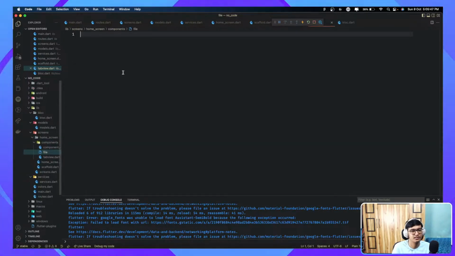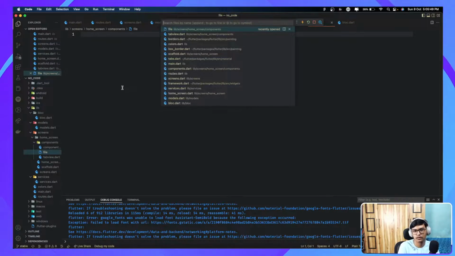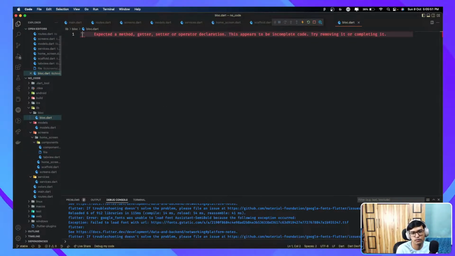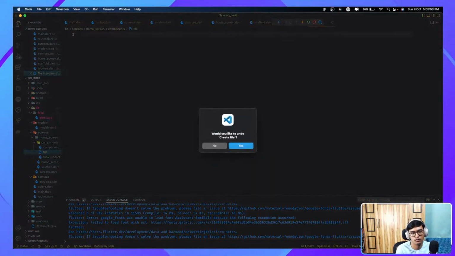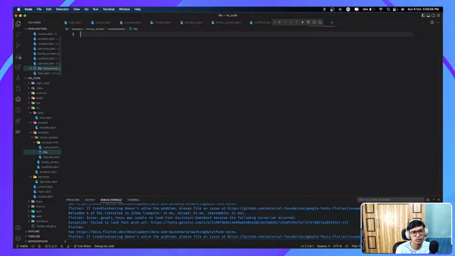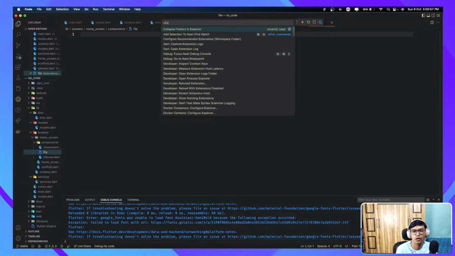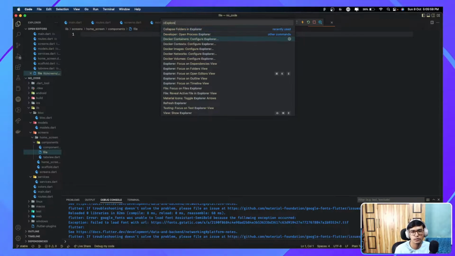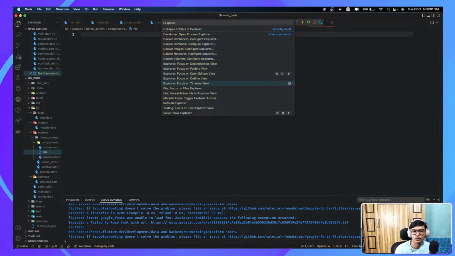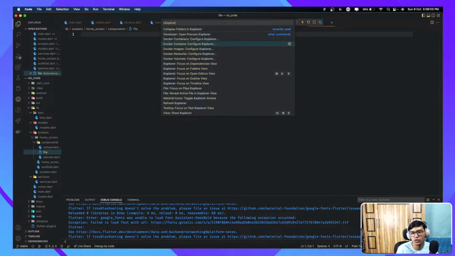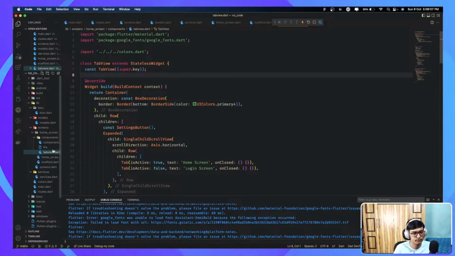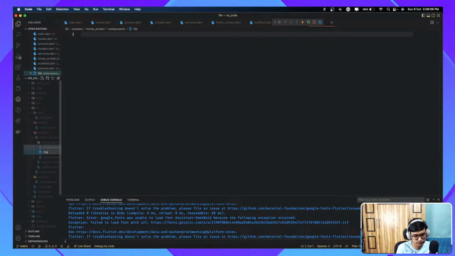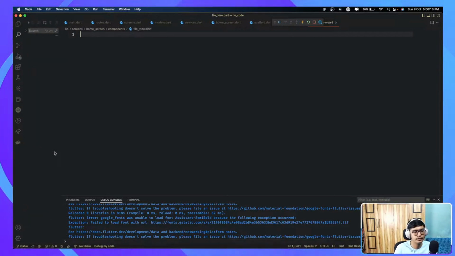What is it showed us in a collapse folders in Explorer view. View will be better. File view dot